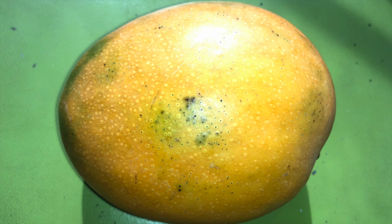Pick the mango from the tree and the mango down to me. Put the mango in